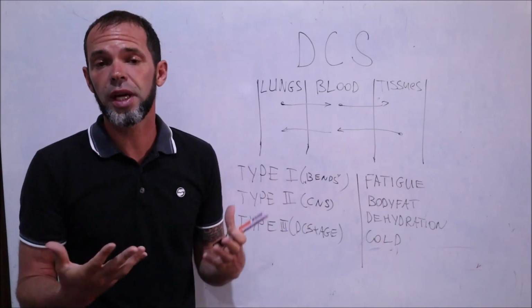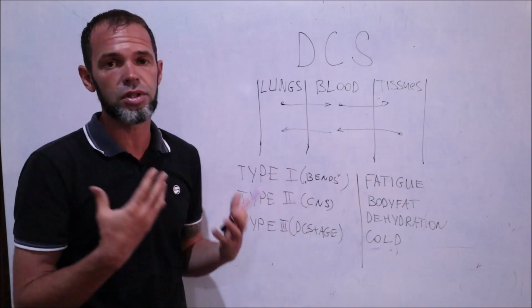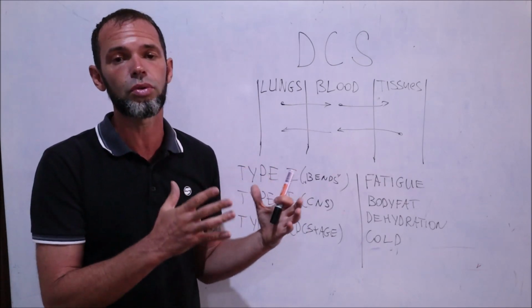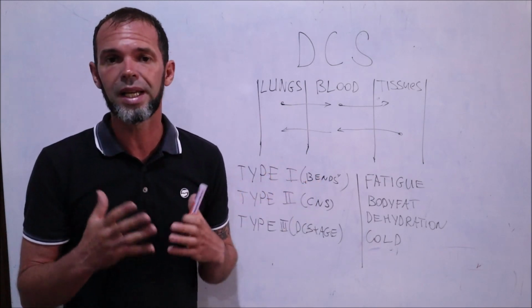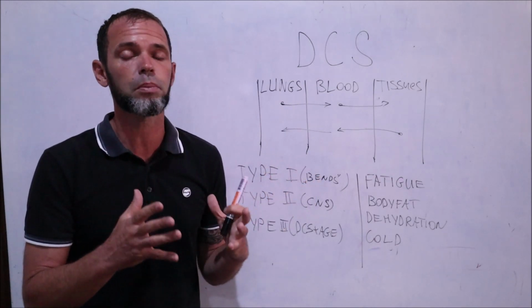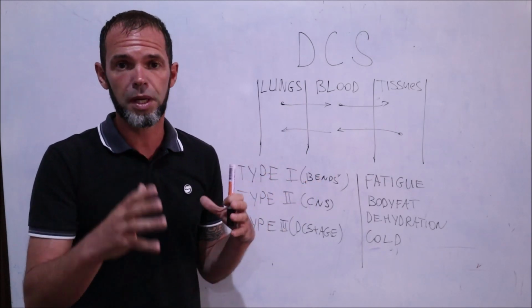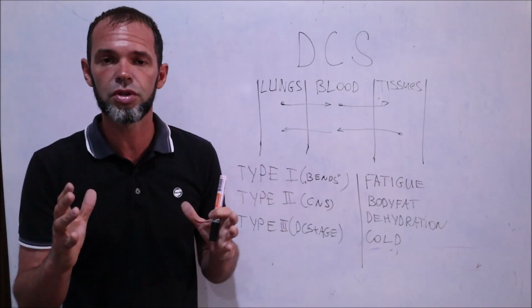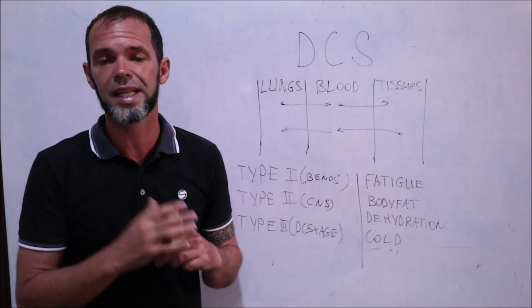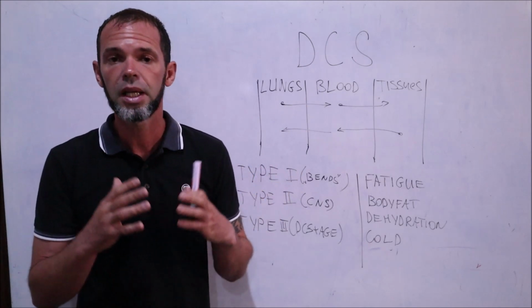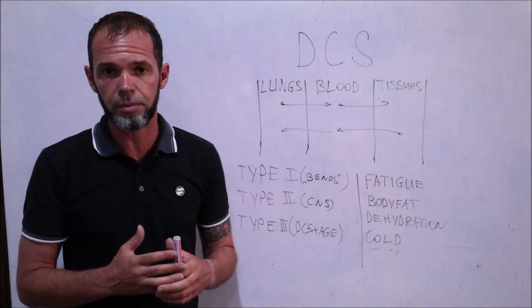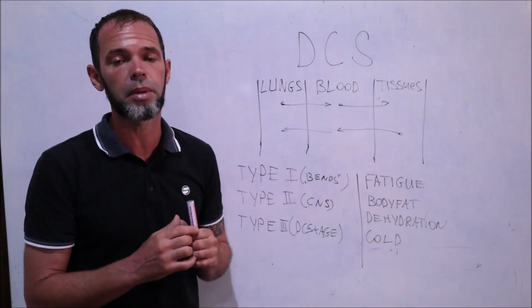As soon as there is a chance of decompression sickness, the diver needs to immediately start breathing pure oxygen, and needs to be transferred as quickly as possible to a special recompression chamber, where special medical professionals are going to deliver a special procedure to remove the excessive nitrogen from the diver's body in the safest way. So guys, this is a general idea about decompression sickness, and now let's talk about decompression